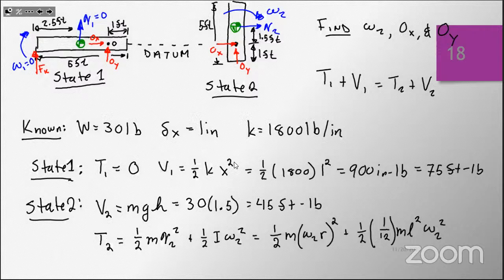We can plug the rest of our numbers in here, right? We know m, we know r, we know L, right? L is just the total length of the beam. So let's do that. Let's plug all this stuff in